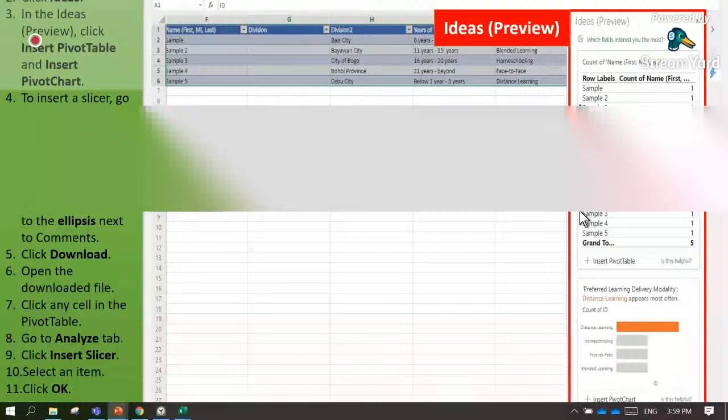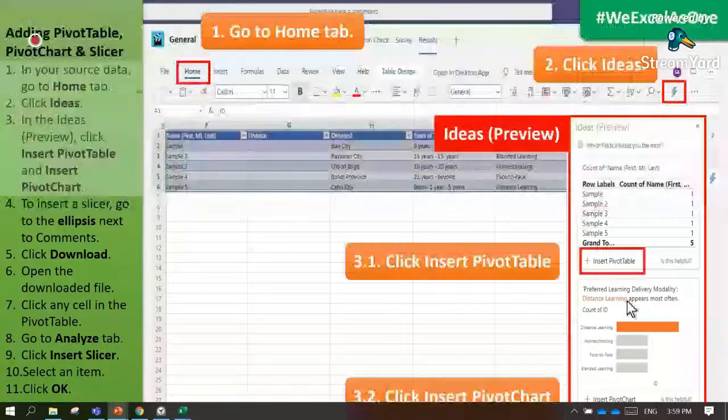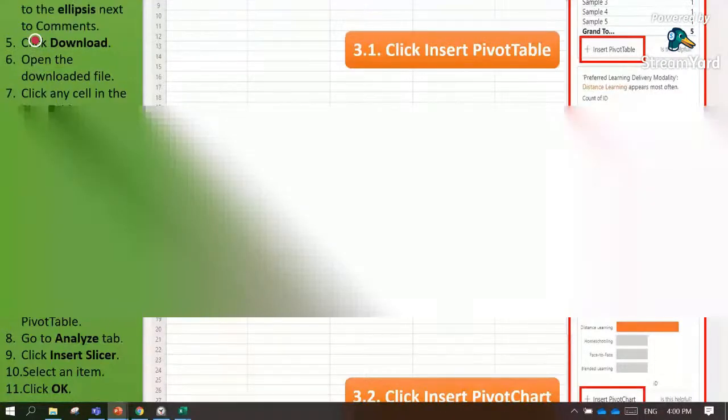Using the Ideas preview, it will suggest that you analyze your source data using a pivot chart. Okay, so you can do those two suggestions there. You can have a pivot table, and at the same time, you can also click on the pivot chart. So first, we will analyze the data using the pivot table.